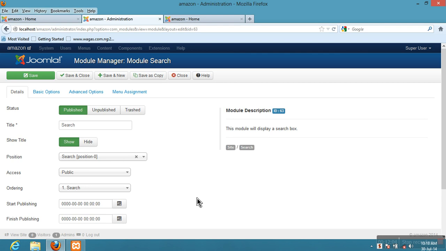Now we're trying to manage our search module. The first item here is details. You have status. Under status, you have published, unpublished, and trashed. What published simply means is your module would be shown in your website, or it will appear on your website. If a module is published, it will definitely appear on your website. But if I decide to unpublish it by clicking on unpublished,